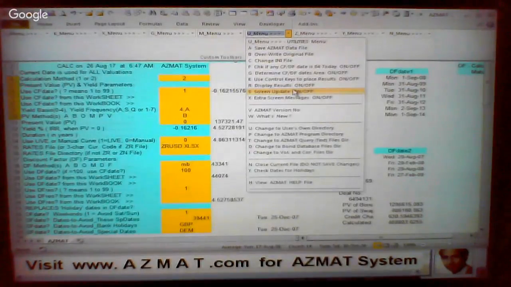How to change the setting from your own macro. So AZMAT system has a macro specifically for users who wish to change the settings for determine cash flows or discount factor dates area and screen update from their own macros for use within the AZMAT system. The settings can be changed by inserting the following at the appropriate place in a macro. So in your own macro,